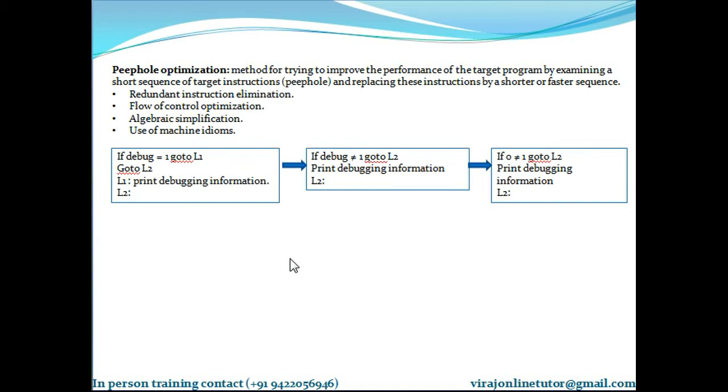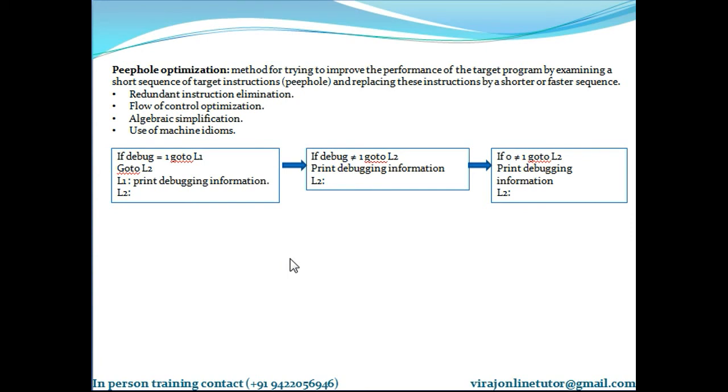It's a method for trying to improve the performance of the target program by examining a short sequence of target instructions called a peephole and replacing these instructions by a shorter or faster sequence whenever possible. So a peephole is a small moving window on the target program.